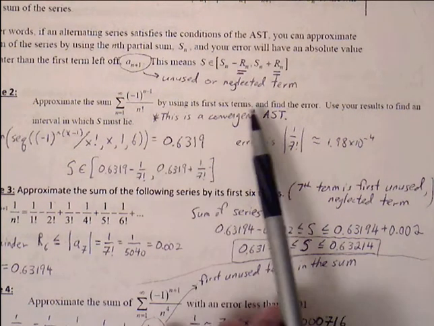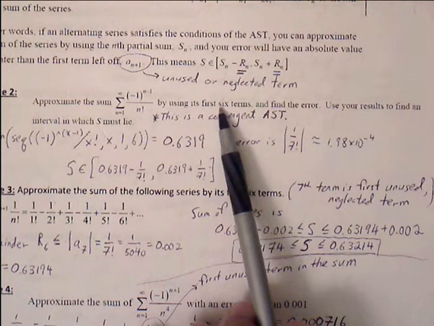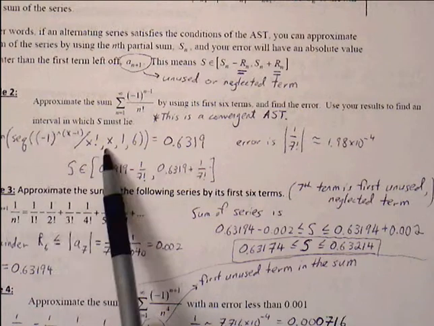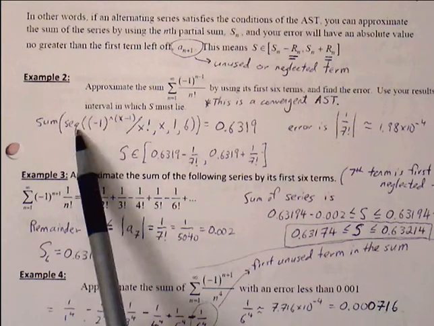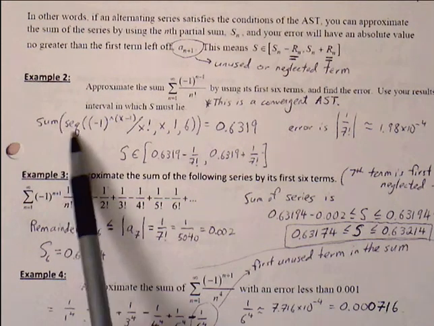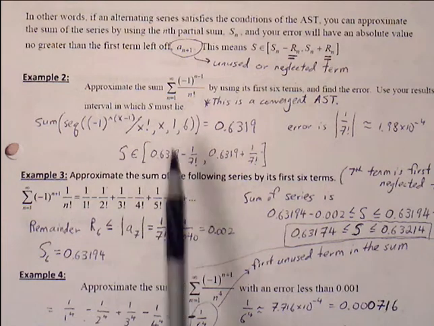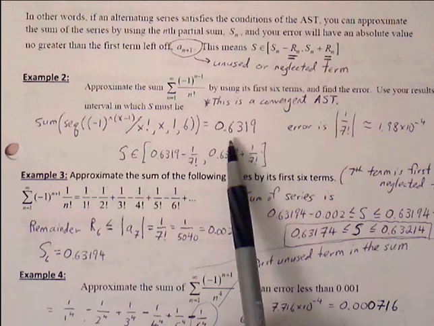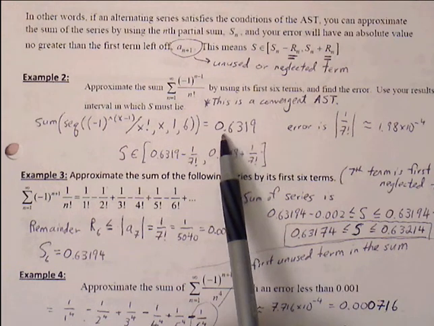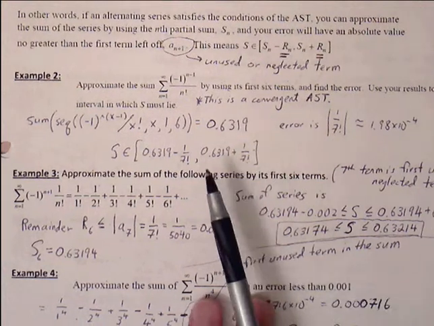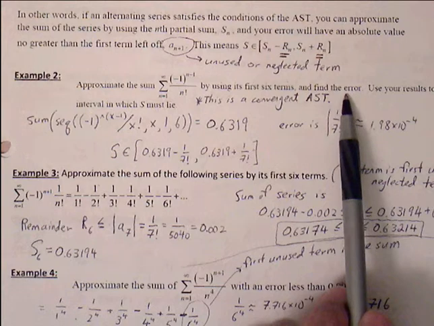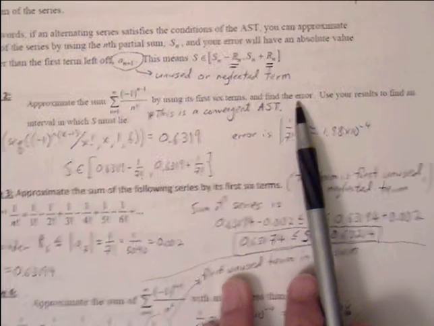If we want to find the first 6 terms, we can just add up all 6 terms, but we can use our calculator for that. We can plug in the rule of sequence from 1 to 6 into our TI-83 or 84, and the sixth partial sum gives us 0.6319. And if we find the first 6 terms, then we know that the maximum error will have to be the 7th term,